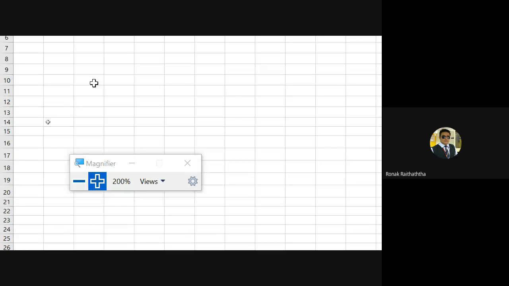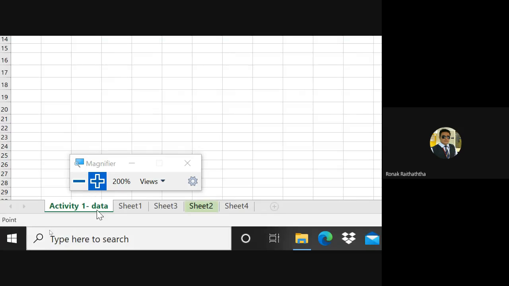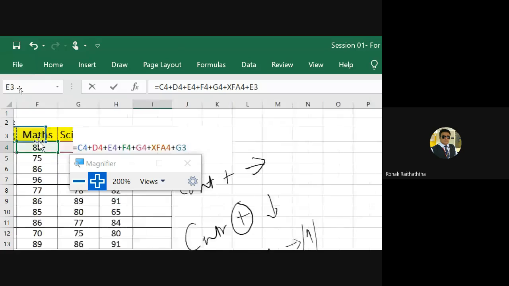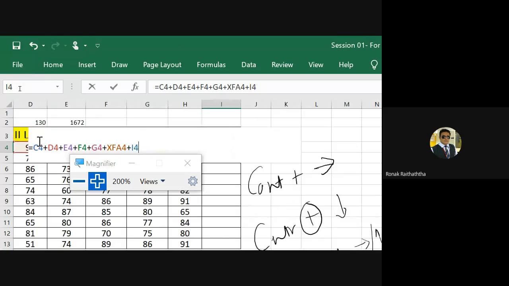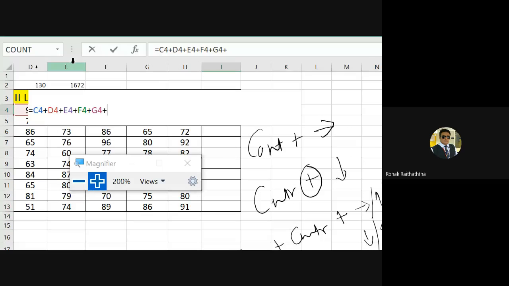Where have we reached? Yes, here. Just a second, it's getting stuck. My mouse cursor is getting stuck. So after G4, you have H4, right?